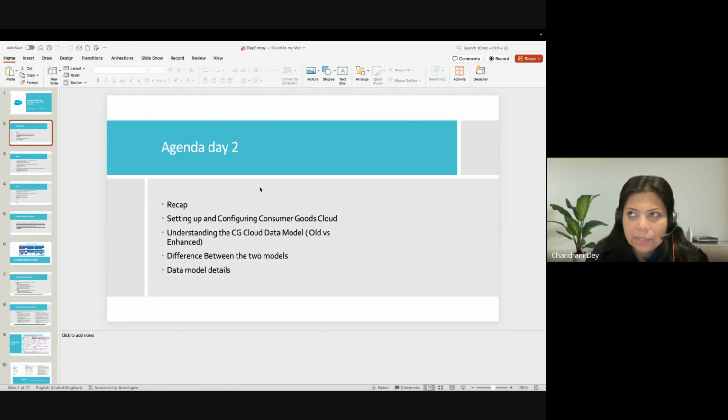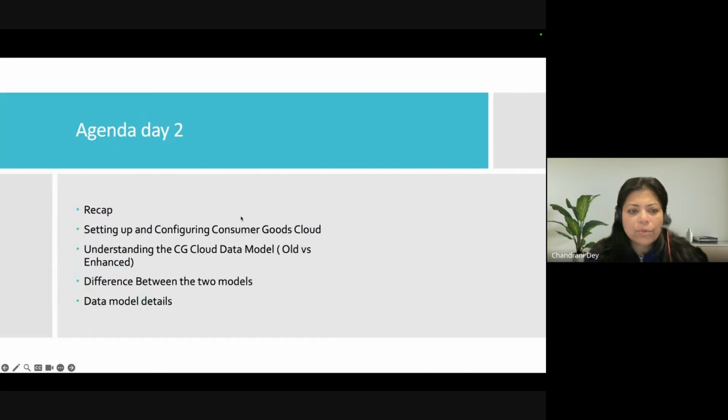We had done our persona recap already, but in this recap we have some questionnaires which I will ask you to go through and tell me what the answers may be. Then we will go through the other portion, which is setting up and configuring, understanding the data model and the difference between the two data model details.